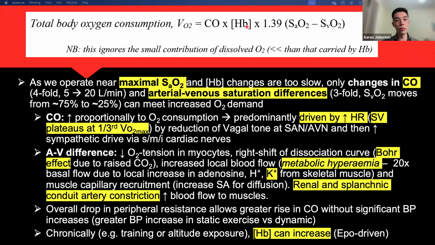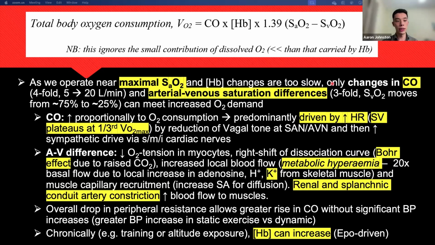The reason I say this is because we can't change the hemoglobin concentration acutely. We need to translate more hemoglobin. That's not something we can do in seconds. And we already operate, even at rest, at basically nearly 100% oxygen saturation within the arterial blood. So what we can do in exercise is we can increase the arterial venous difference by 3-fold. So the venous saturation will move from 75% down to 25%. Again, this is maximal. This is when you need a full 12-fold increase,